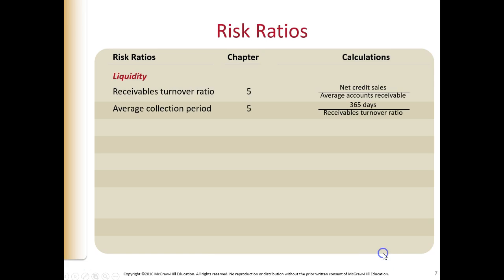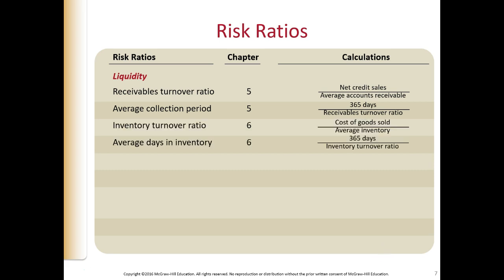We have a number of ratios now that help us evaluate financial statements. These are the risk ratios. The first two are called liquidity ratios. We've seen these before back in Chapter 5, so these should not be new to you, nor the next two. We saw these in Chapter 6. So we're looking at analyzing receivables, the turnover and the average collection period, inventory turnover, and the average days you're